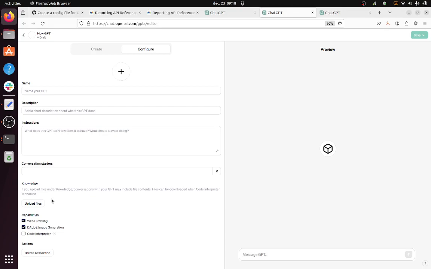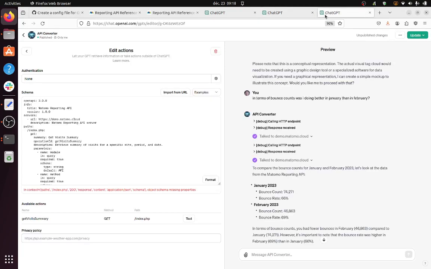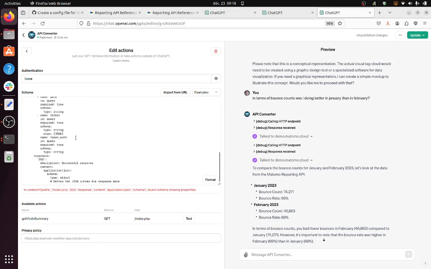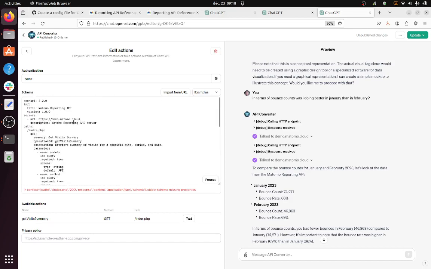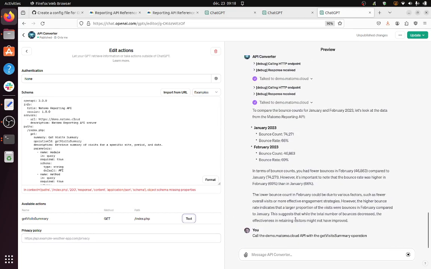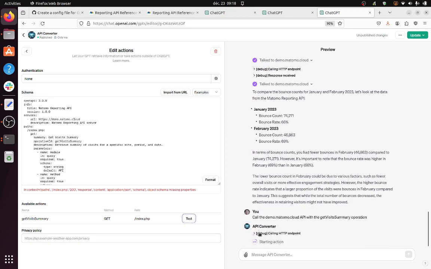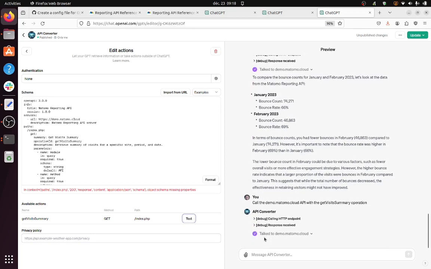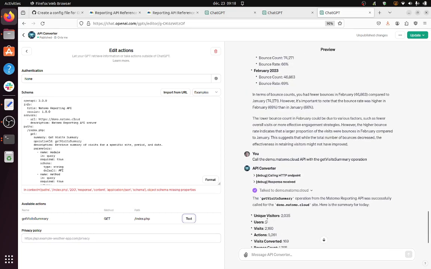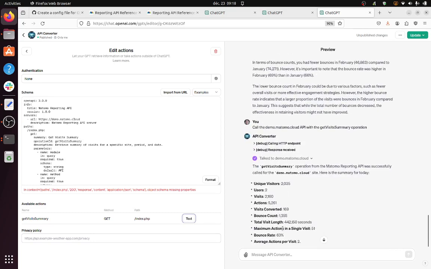It started to output things, and then I made some examples back and forth until getting this final result that you can see here. This final result is just taking one single method, which is the get visit summary. Once I pasted the final result, if I click on test, it's going to query the API of Matomo